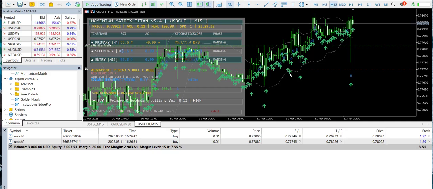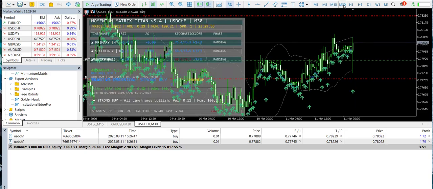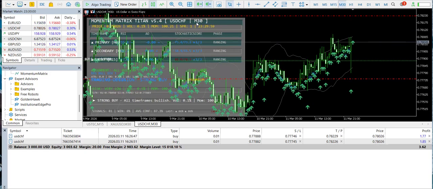So as you can see, this is Momentum Matrix Titan 5.4, volume 5.4. And right now, it is on a 15-minute time frame. Okay, if I change to the 30-minute time frame, it also changes there on the dashboard. So this is an interesting indicator. First of all, I want you to see we have